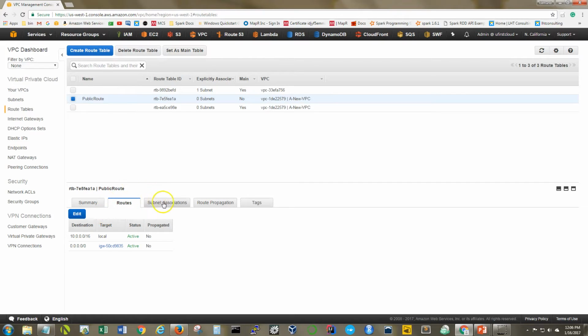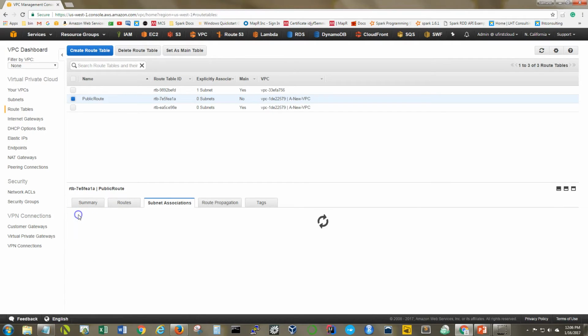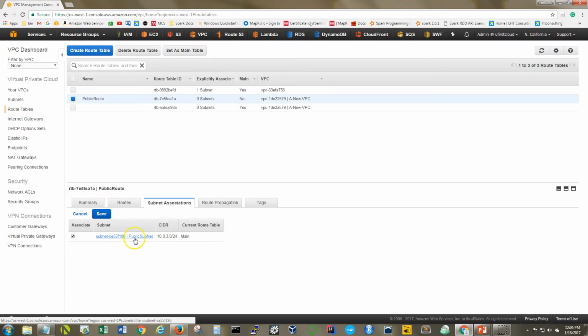Okay, at this point, the one end of our route has now been associated with our Internet Gateway. Let's come over to Subnet Associations, and we'll tie the other end of our route to our subnet. And we do that, we can see that subnet is here, but it's not associated with anything. So we'll edit, we'll select our subnet. Conveniently enough, it's called public subnet, so you know that that's the public subnet if you had other options here. Select it, click Save,